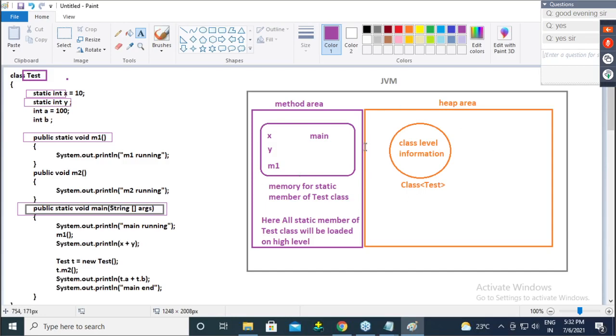But when I execute a class the second time, do you think the same story happens again? Again a class type of object is generated, again new memory is allocated in the method area, again x, y, m1 are loading. Do you think this kind of thing happens? No, only one time. Okay, guys, that's the reason. Are you recalling? Static members load only once in memory. Static members have only one copy.